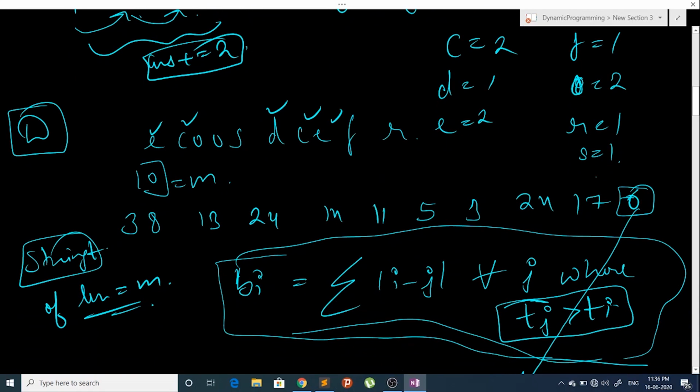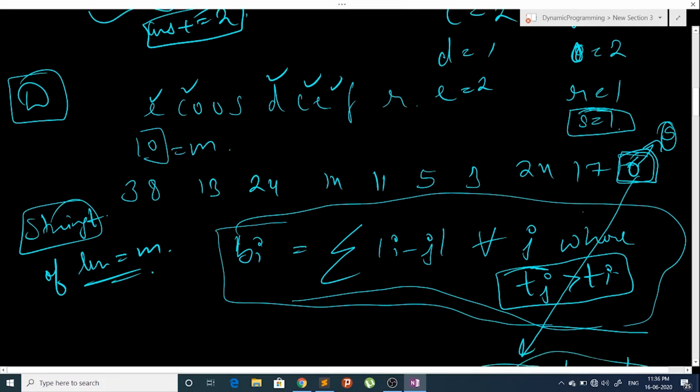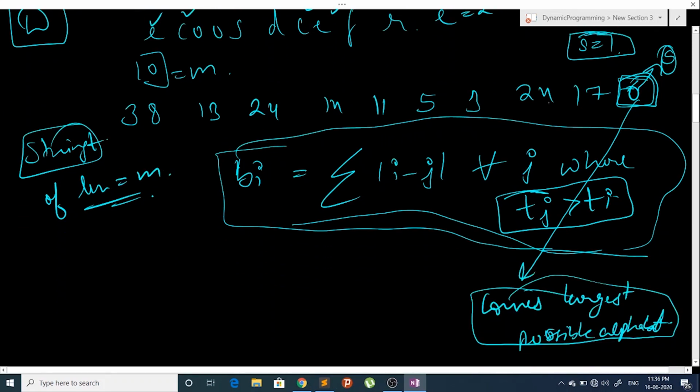Now where there is a 0, we will just see the largest possible alphabet that we can store. So we will store here S, and now we will change this array B.